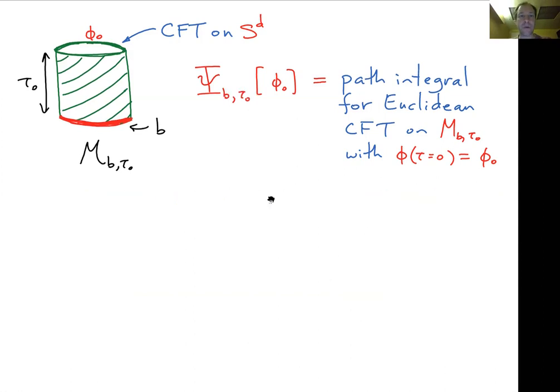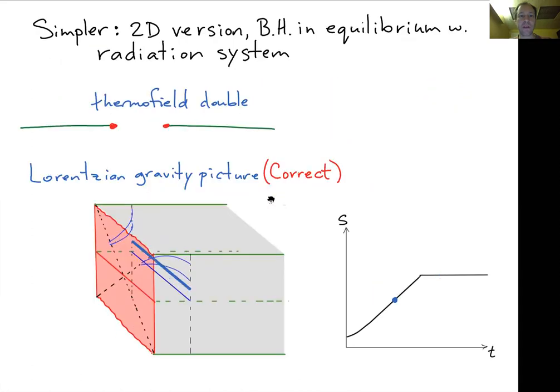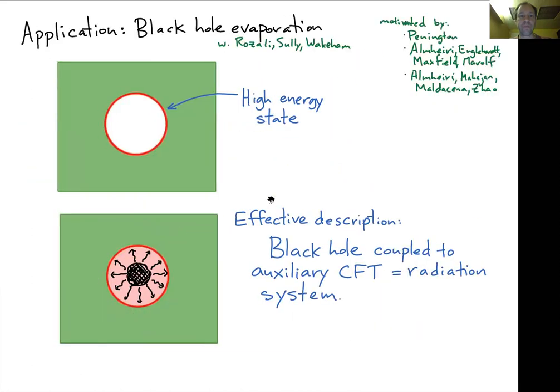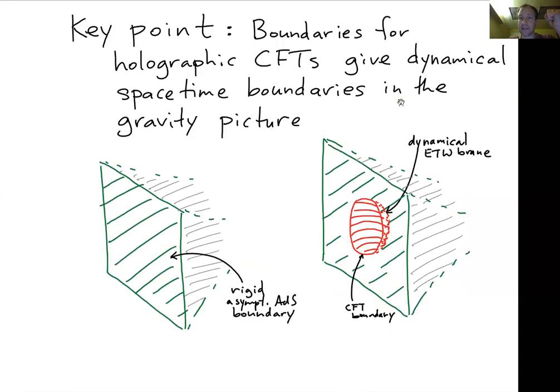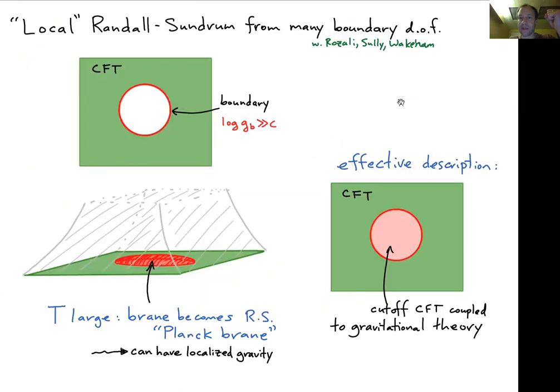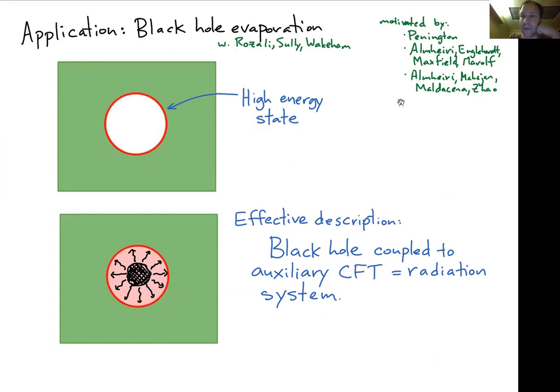So basically, just to put that in context, originally there were a couple of papers: this paper by Pennington, and then this paper by Almheiri, Engelhardt, Maxfield, and Marolf. So that second one